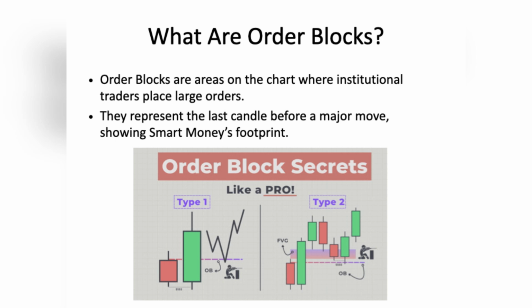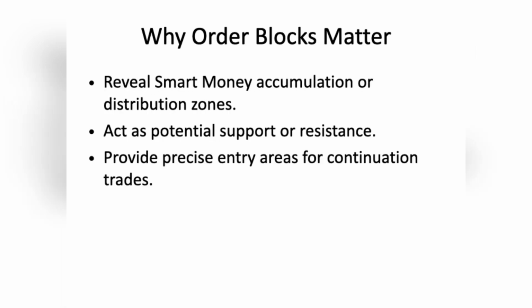You'll sometimes hear terms like Type 1 and Type 2 order blocks, or see them in relation to fair value gaps. We'll touch on that as we go. You might be asking, why should I care? Here's why. They reveal where smart money is either accumulating, buying, or distributing, selling. Because of this, these zones often become fantastic areas of potential support or resistance. And for us as traders, they provide incredibly precise entry areas for when price returns, allowing us to join a